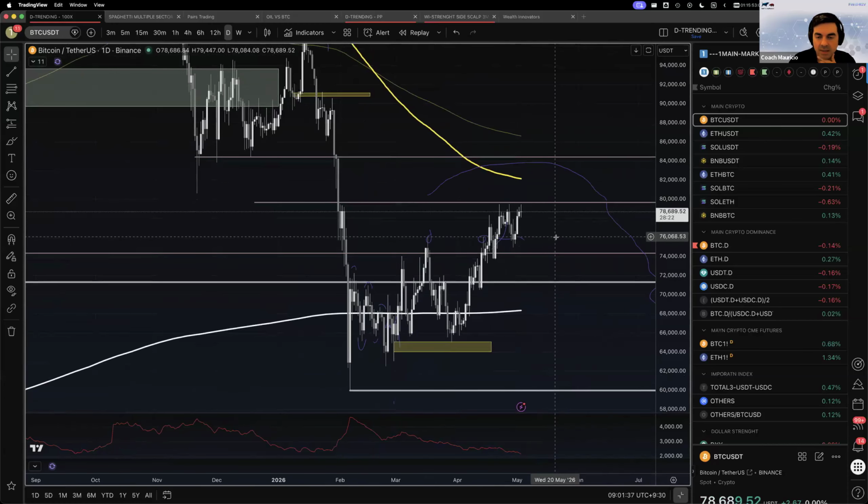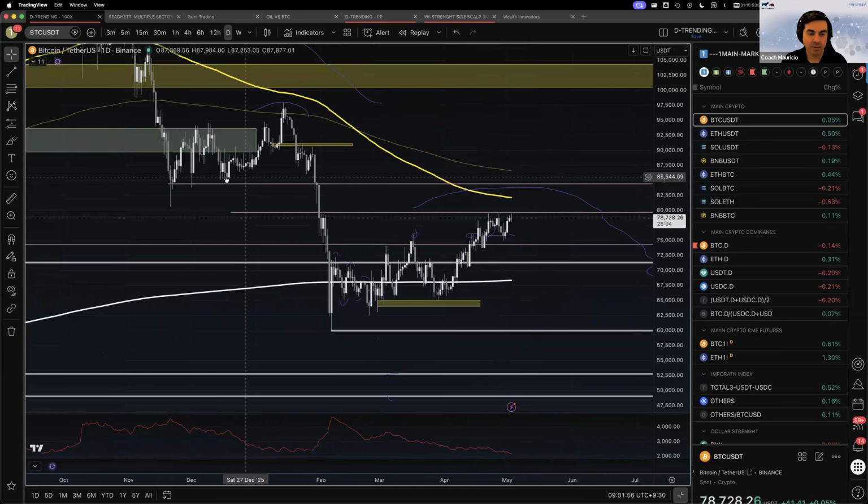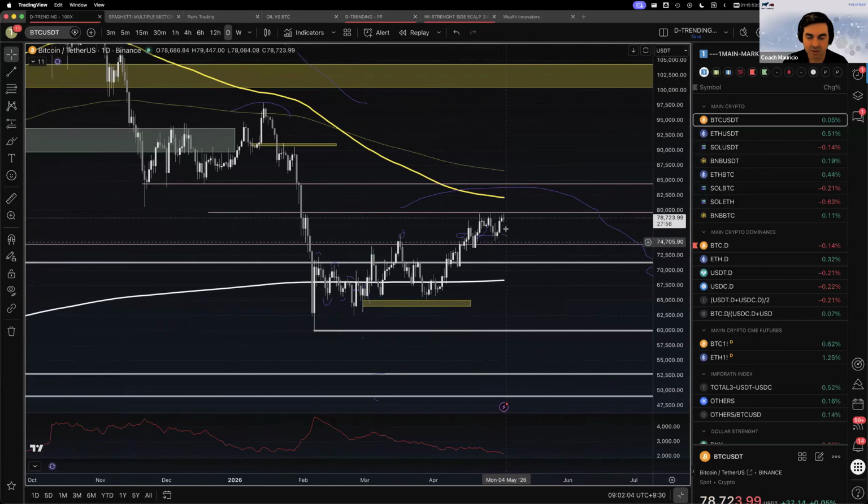So if we want to front run this thing, which I'm inclined to do, it's going to be very risky. Then that's going to be the real test, if we are actually able to break the 84, because that will basically reclaim the trend again towards the upside. That's basically what I'm waiting for. Obviously it could catch us here, but based on CVD volume, that's what I'm watching.